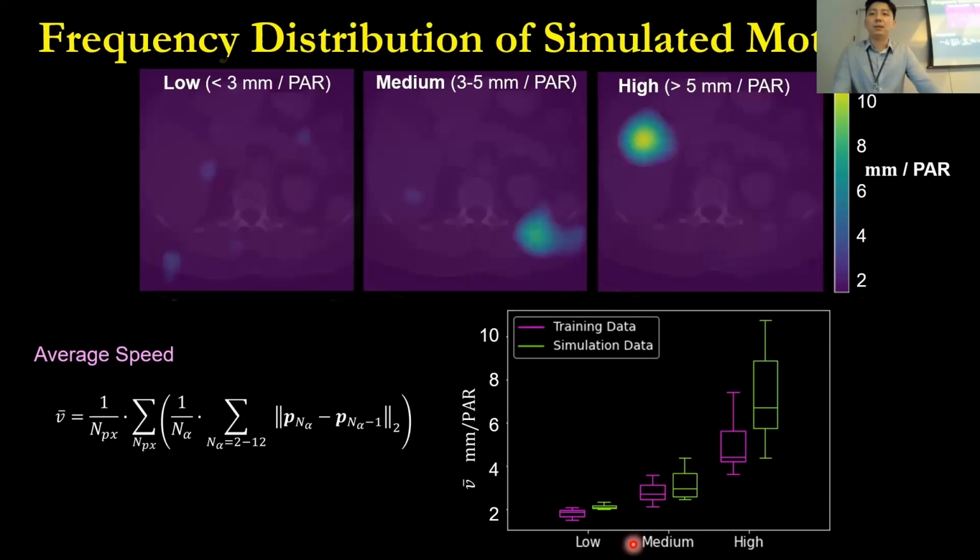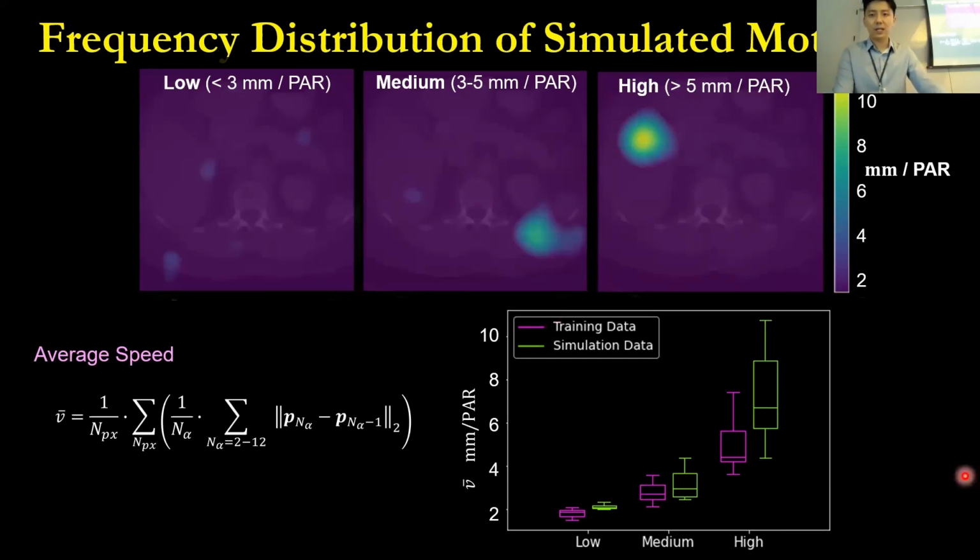We also check the motion frequency in our simulation. Here we use average speed of motion, which computes the average of the distance traveled per time interval. In our case, the time interval is the time between 2 consecutive partial angle reconstructions. Again, we divide the speed of motion into the low, medium, and high ranges for analysis purposes. And it can be shown on the image top so that different speeds of motion are presented in our simulation